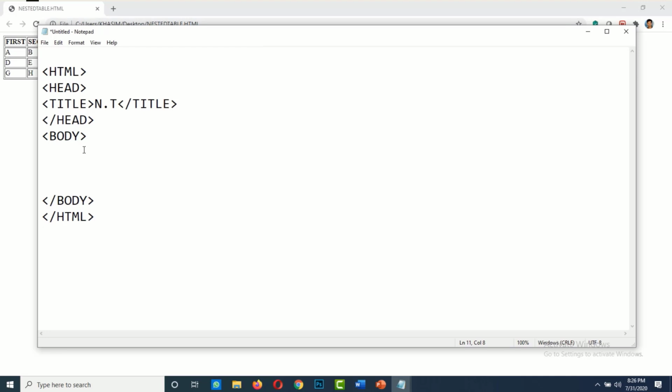Now I am going to create a table structure into which these two tables can be inserted. For that, table border equals 1.